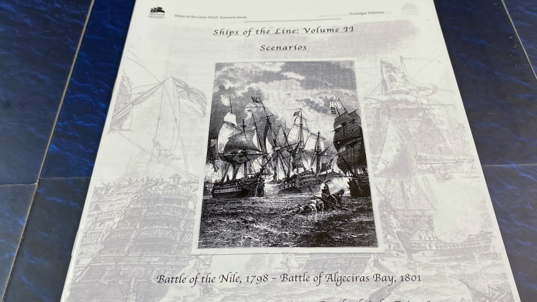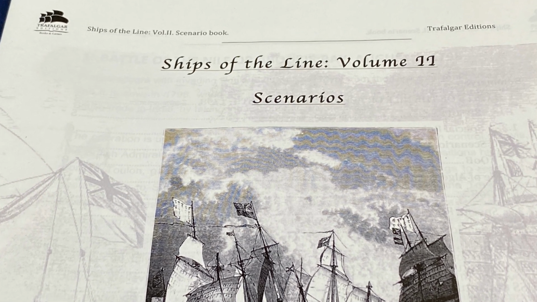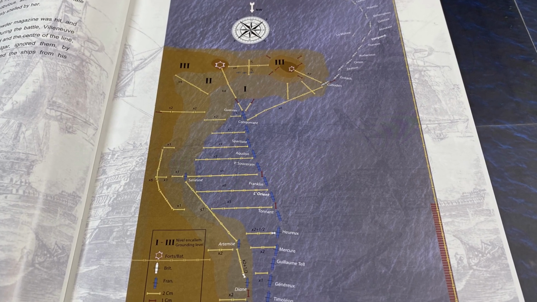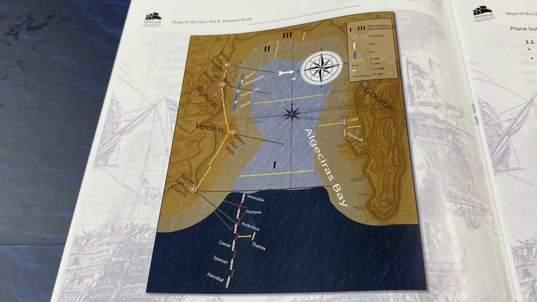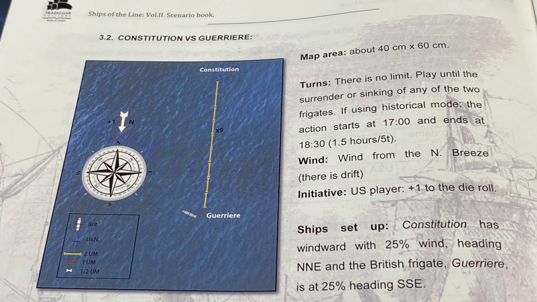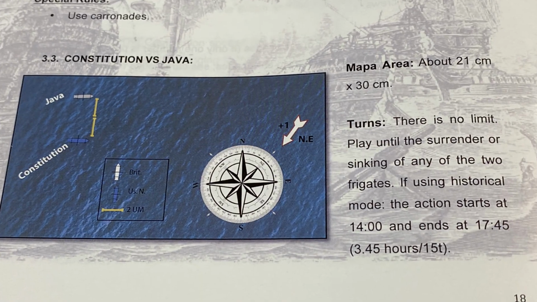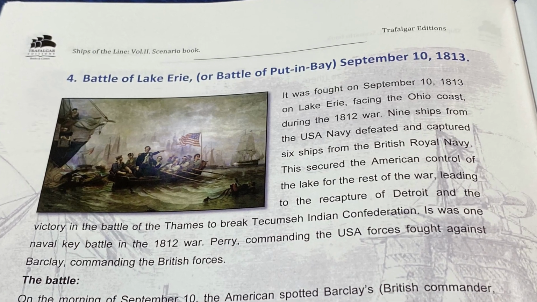And this is volume 2, and it brings 4 scenarios. The Battle of Abu Qir Bay, also known as the Battle of the Nile, fought in 1798. There's also a scenario for the Battle of Algeciras Bay in 1801. There's also a section on super frigates with engagements by the Constitution in 1812, and also the Battle of Lake